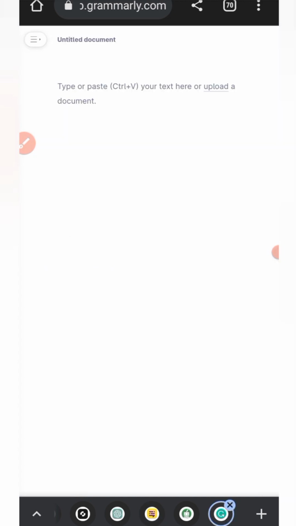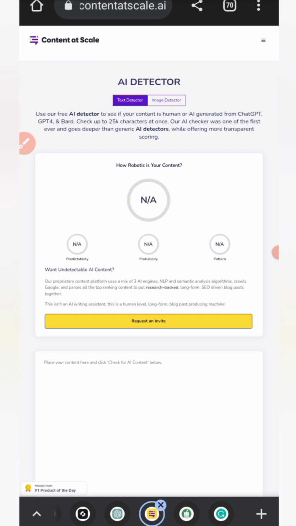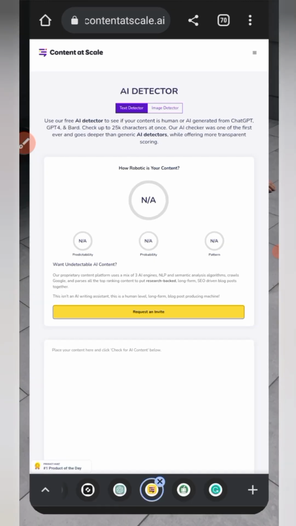Second to the last is grammar check. You want to correct all those grammatical blunders, so you want to make sure you address everything using this grammarly.com. All of these things, if you are new to them, just sign up. Especially content at scale, you don't even need to sign up. Okay, and the last one is